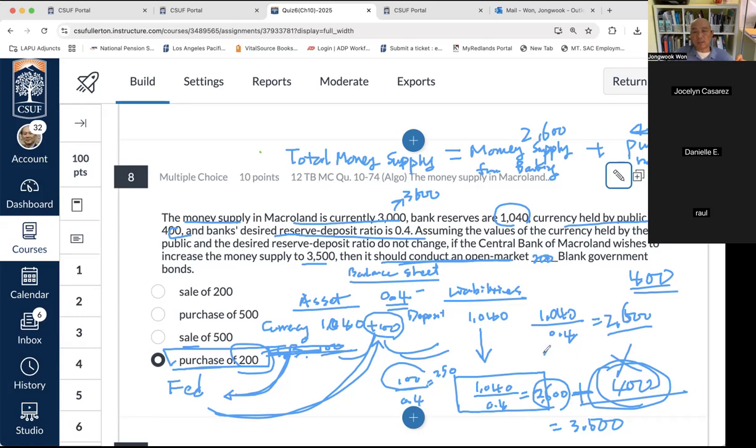We don't know how much deposit, how much that will be, but eventually 0.4, that becomes what? You want to make it 3,500. So we have to increase 500 from banks' money, right? 500 more. So 3,000 becomes 3,500 means 500 more from the banking system. So this should be 3,100, right? From 3,000, up from 2,600 to 3,100. So if you solve that, okay,